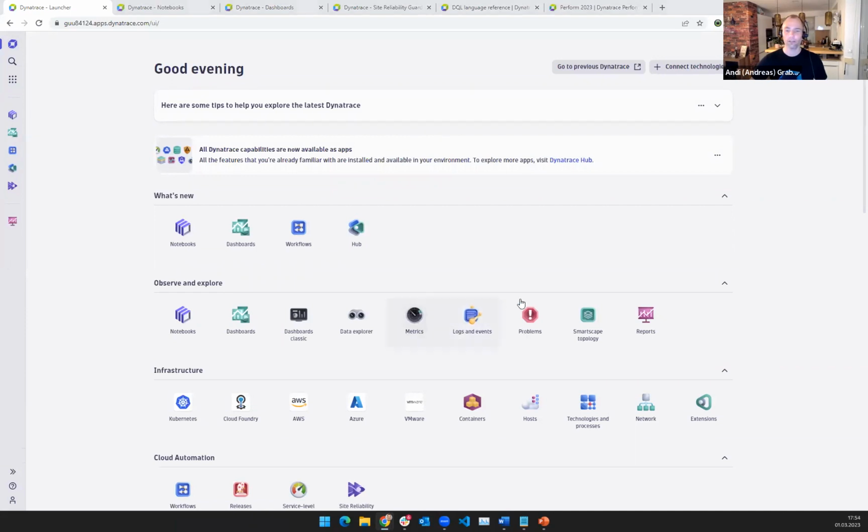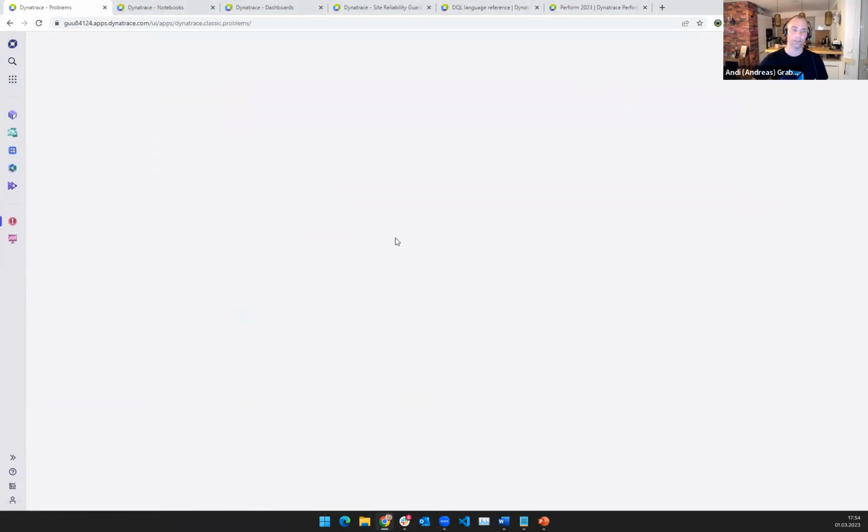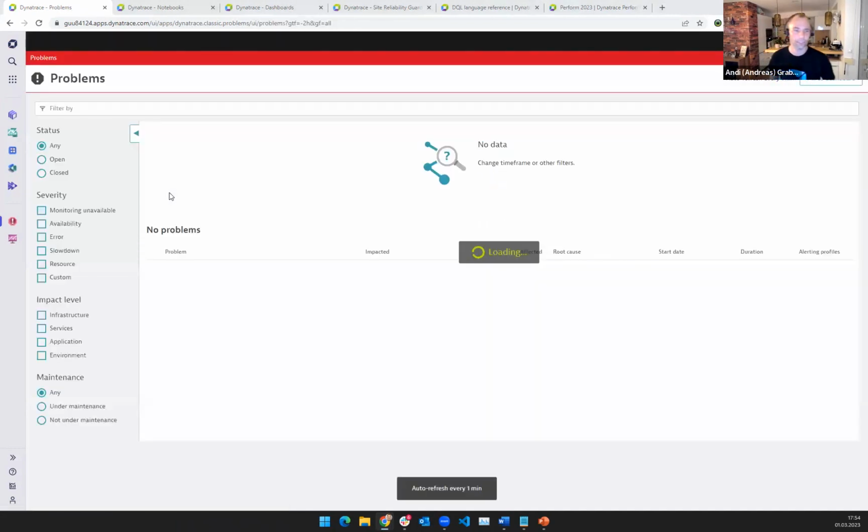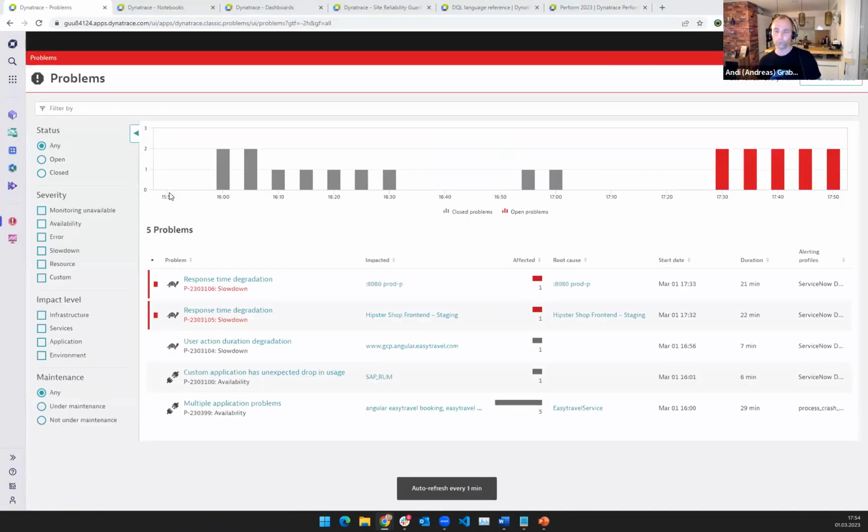Maybe one thing we could show, right? You mentioned the problem. So these are all apps. So that means every core capability, everything is still there, right? For these features that we haven't yet, let's say, converted over to the new look and feel, it is all available here in the new UI. So that means, I think this might be also, there's no migration. This is an evolution. You automatically get the new capabilities we showed you today in the new UI. And we don't take anything away from you. We just give you a lot of stuff.